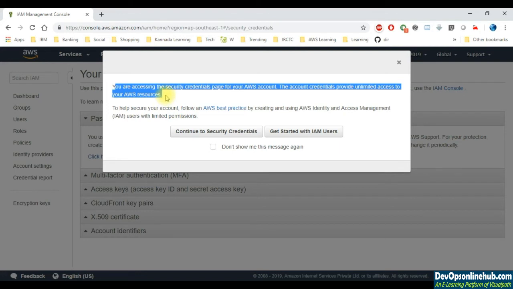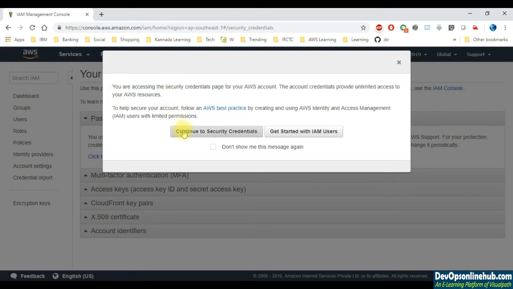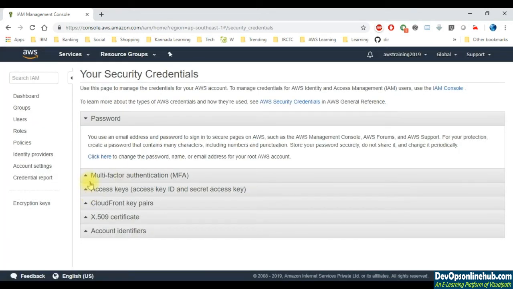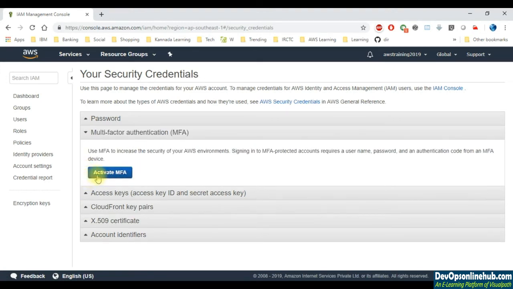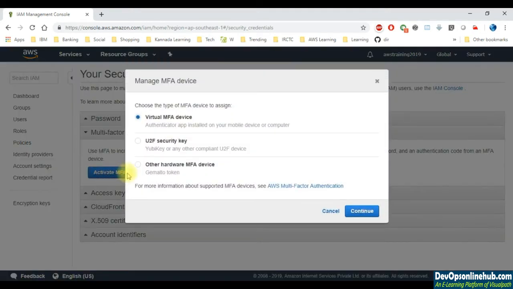So it is important to review this page and then say I would like to continue to security credentials. Now here I'm going to open up the multi-factor authentication part and then I'm going to activate it. It's going to ask which kind of device you are going to use, whether you have a virtual MFA device or you are going to use a U2F security key or maybe any other hardware MFA device.